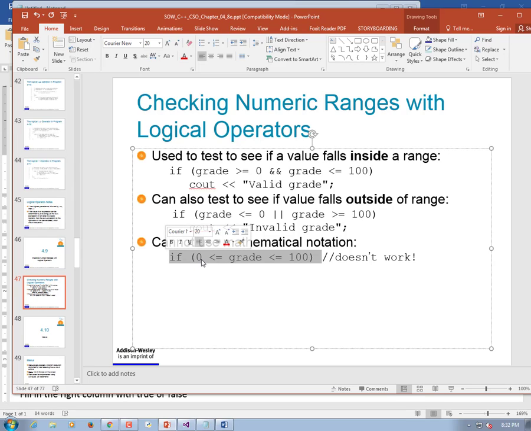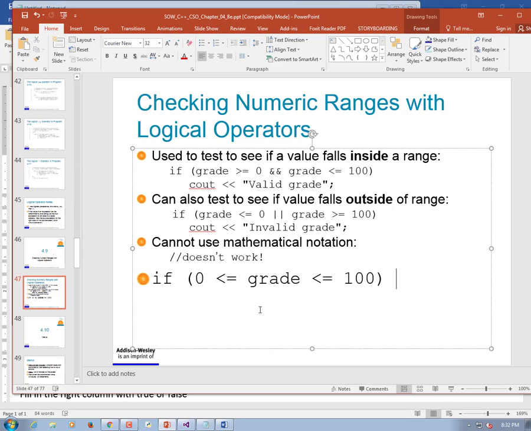Yeah, if 0 is less than grade is less than 100. No. That doesn't work in this language or in any other programming language I've seen. And it's perfectly reasonable to wish that it did. It just doesn't. Why is that? Because